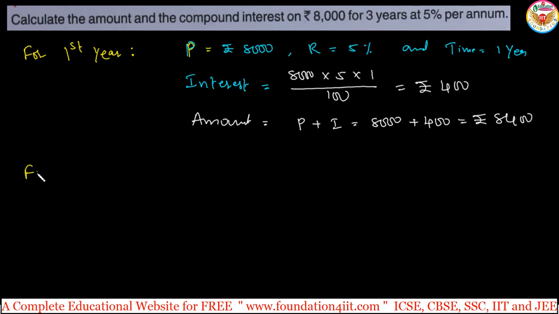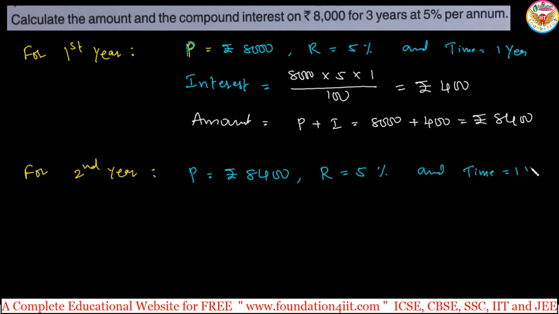Now for the second year, observe: the first year amount becomes the second year principal. So now the principal is rupees 8,400. That is the main difference you notice here. Again, the rate of interest is the same 5%, and time is also